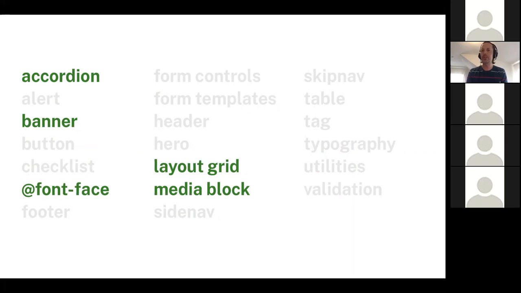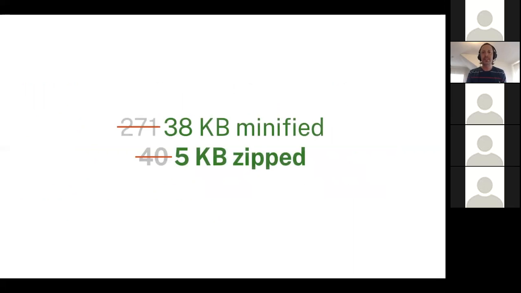So if you want to use USWDS and you want to use just the Gov banner, you can generate your Sass and use @import usa-banner, or any of the other components, and import just the components that you're using in your project. And this can get you from a place where you're at 270K and 40K zipped to a place where you're at under 40K minified and only 5K zipped. So you can potentially see some real reduction in footprint when you begin to use packages,